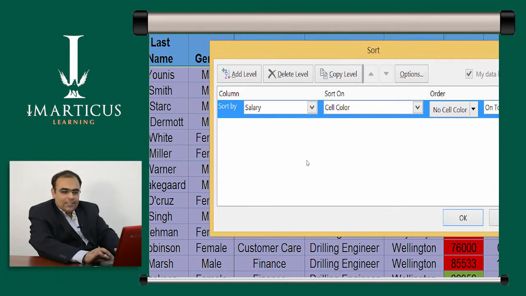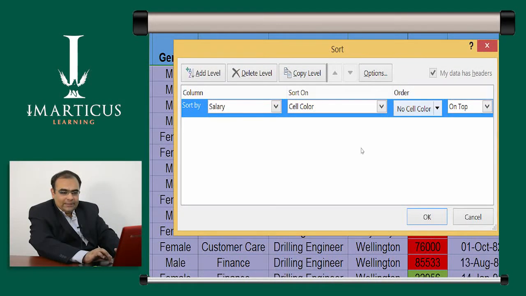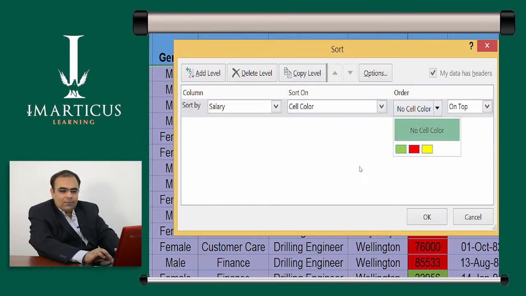Cell color. The moment I choose cell color, another window by the name Order comes up in front of me. All right, I can go to the drop down here, and let's say I would like to keep red on top, so I select red. Okay, now this time, friends, I will not go with Add Level,